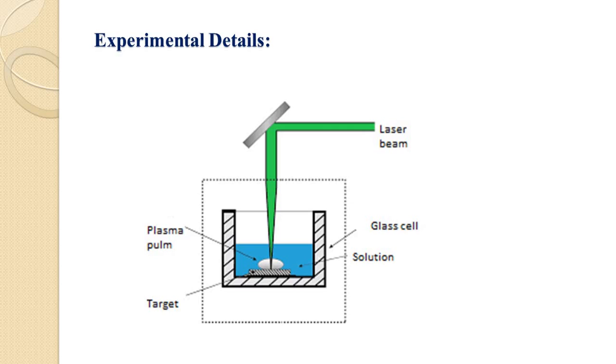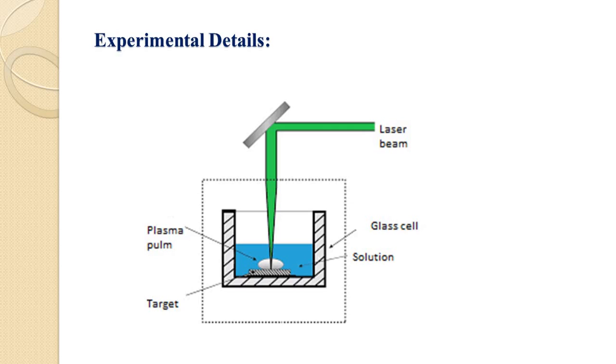Laser ablation experiments were carried out using Nd:YAG laser operating at wavelength 532 nanometer, pulse width of 6 nanoseconds and repetition rate of 10 Hz. The rectangular shaped brass targets of dimensions 1.5 cm by 0.5 cm and of thickness 0.3 cm were polished. In order to ablate targets in a liquid environment, a Pyrex glass chamber was designed and fabricated with provision of the quartz window for the transmission of the laser beam. The diameter of the chamber was 5 cm and its length was 17 cm.